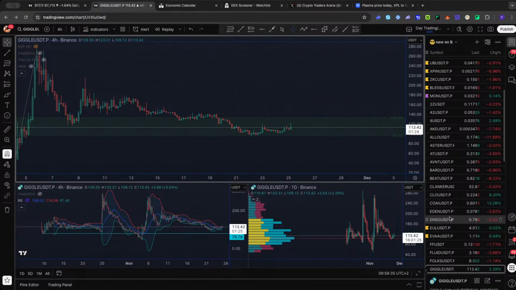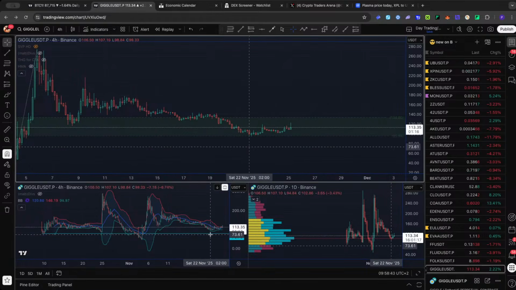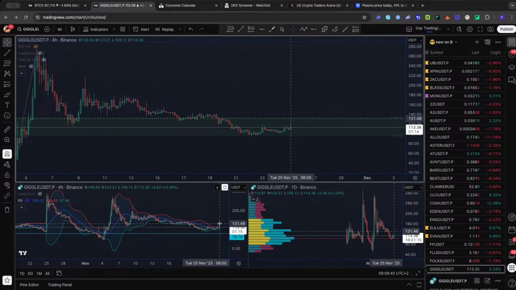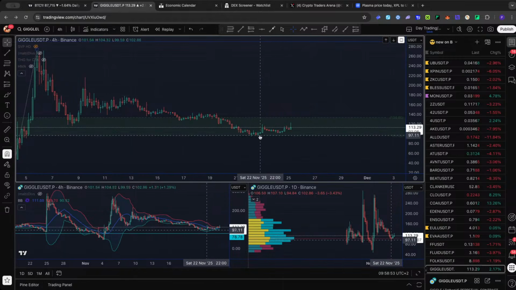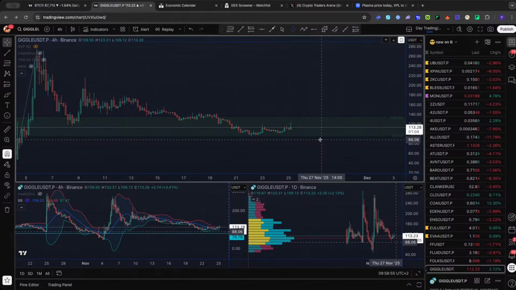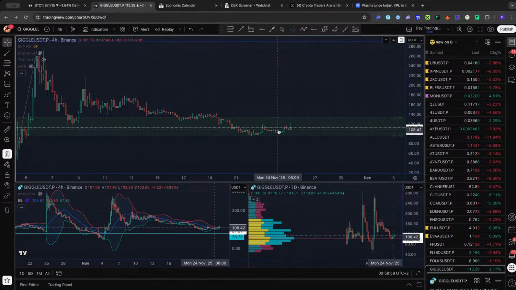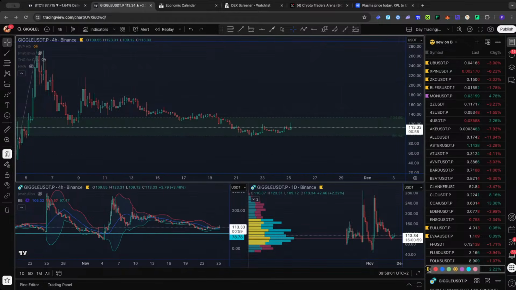Jiggle is looking nice. Look at it. Nice location. 4 hour W's. Squeezing from the Bollinger Band. You can see it tightening, and now it's trying to do something. It's possible it's a fake out here and will dump lower, depending on what Bitcoin and Ethereum will do. If they dump like crazy, well, this one will SFU and then will form other W's. But for the moment, it's looking nice. So let's put it there.